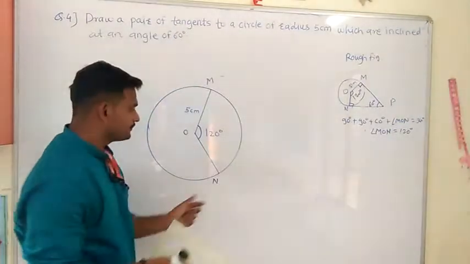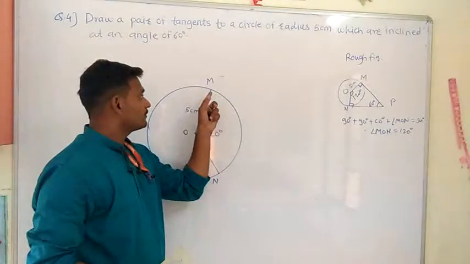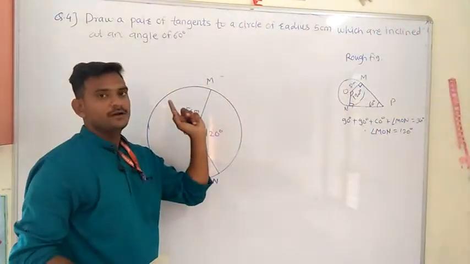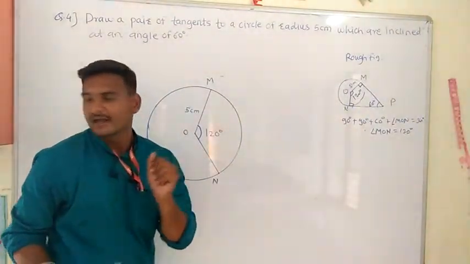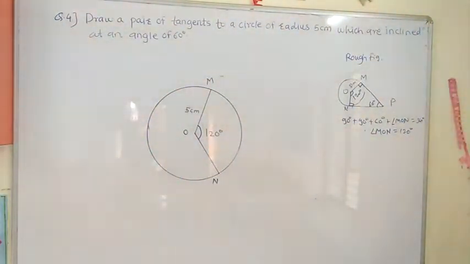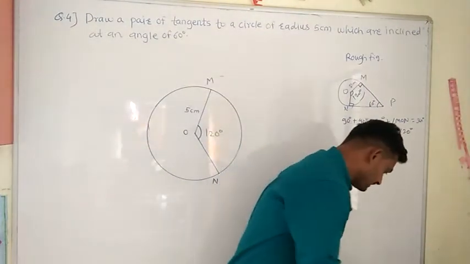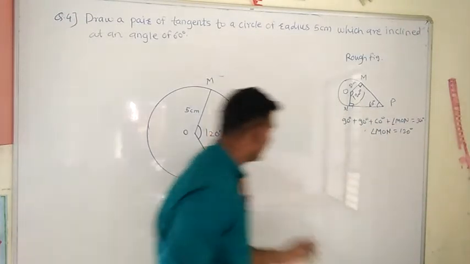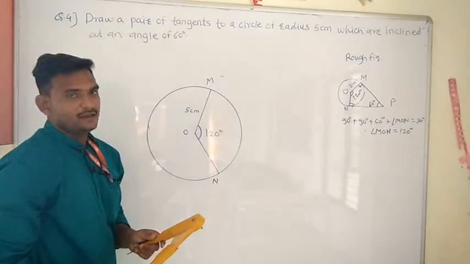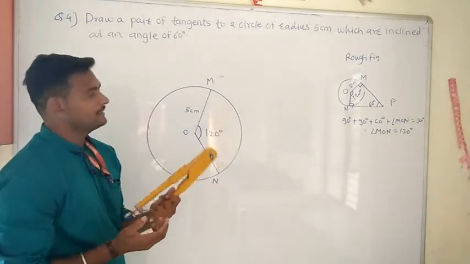Now through the point N, we have to draw two tangents, that is from the point M and point N, we have to draw the two tangents. We know the angle between the radius and tangent is 90 degree. How to draw the angle between the radius and tangent as 90 degree? For this, you can use the protractor directly. Better, if you don't have the protractor, you can use the compass also to draw the 90 degree.